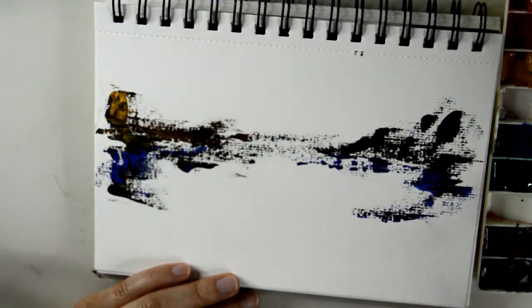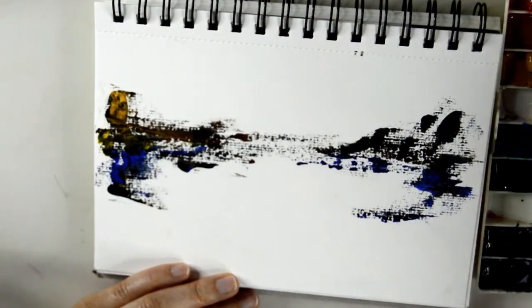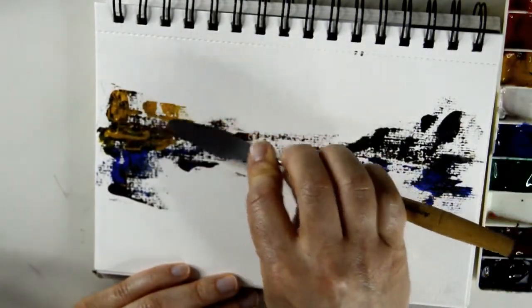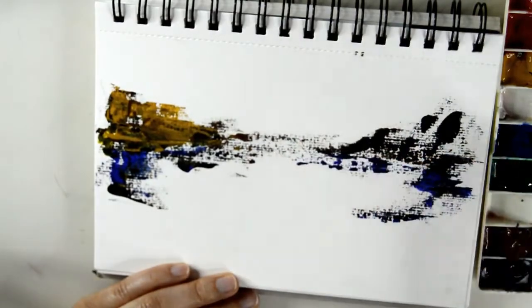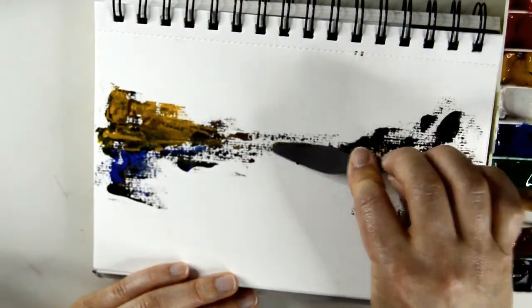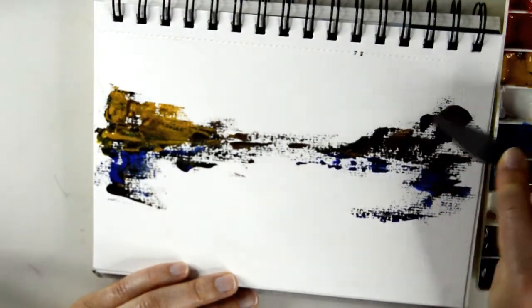I could use a little yellow to highlight some things. Oh, I'm just gonna make a mess. I'm gonna use ochre because when this wonderful yellow meets the green, when the yellow meets the